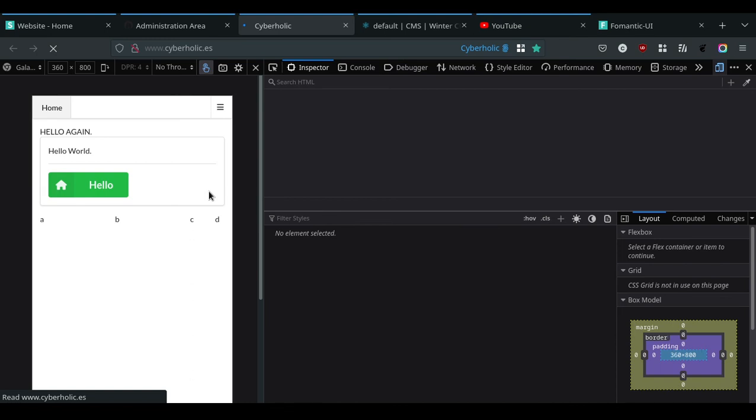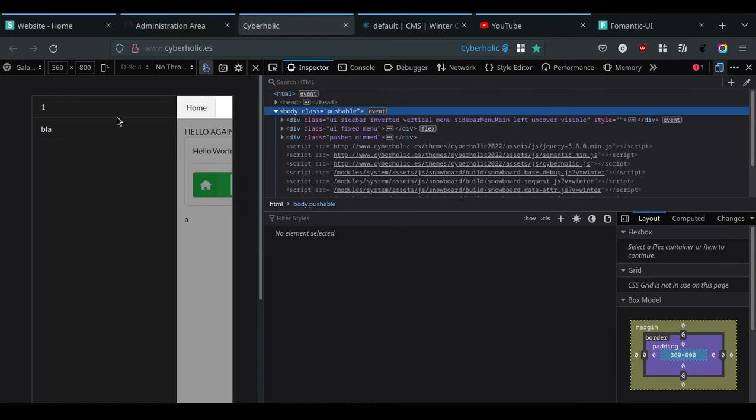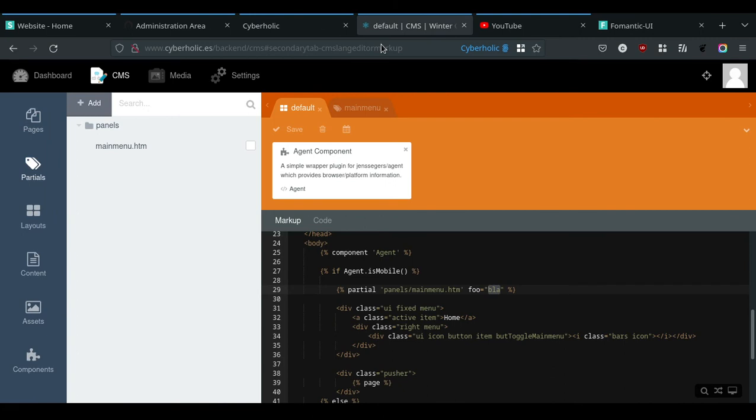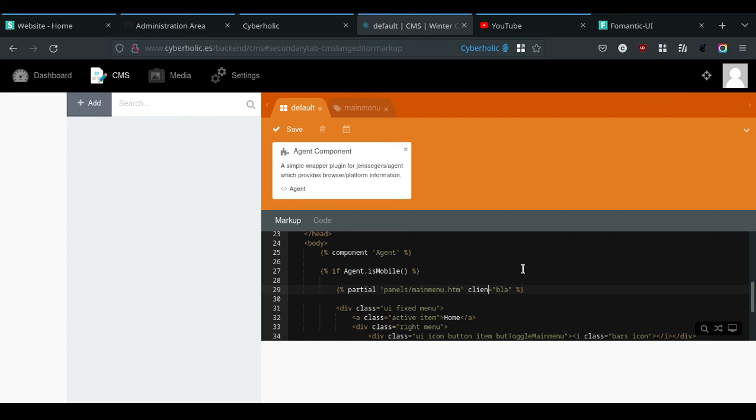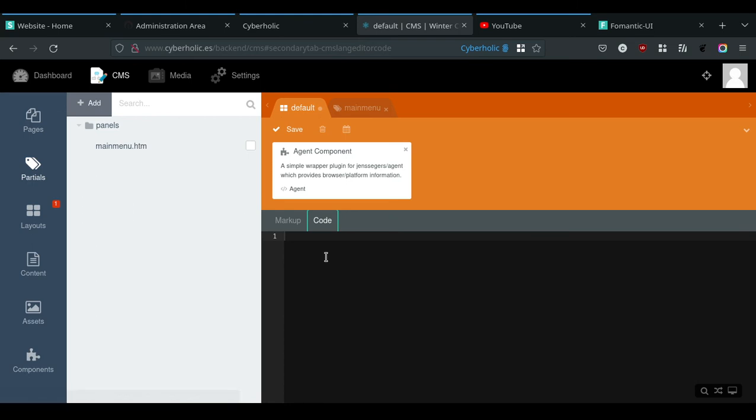The cool thing about this is that you can have some dynamic stuff going on here, because there is blah now. So the good thing is that this way you can have some dynamic features. For example, let's say that this is not a main menu, but an advertisement banner. You could put in here a client ID, and then coming from within the code part of this page, of the component in here, if you remember in the code, you could set up some